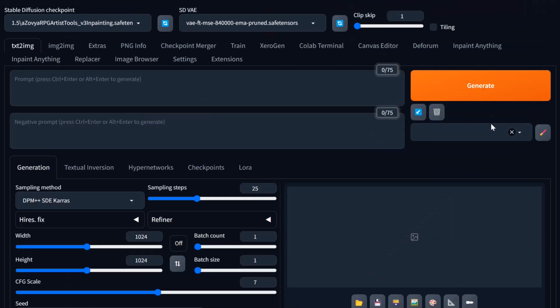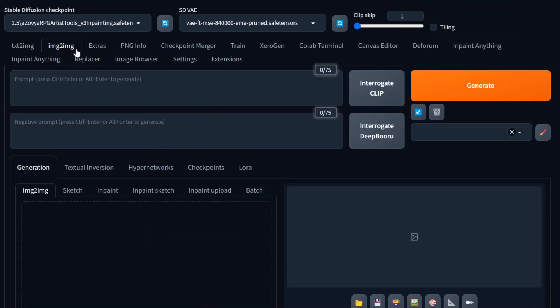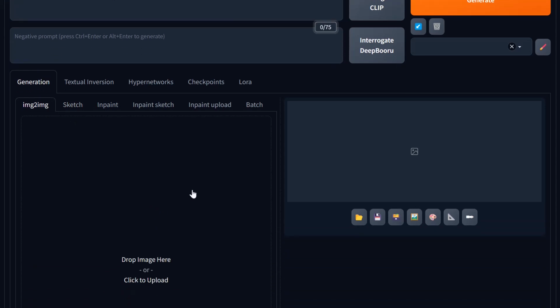First thing we want to do, this is going to be done under the image to image tab. There are a couple of ways we can do this, whether it's image to image or inpainting. If you have a source image where you want to keep most of the image and just replace the face, you're going to be using the inpainting tab. If you don't mind changing the source image a little bit, and getting a more blended and more natural look of the face that you're trying to transfer, you can use image to image. But I'm going to show you both, and we'll walk through this whole thing. Okay, so to set up,